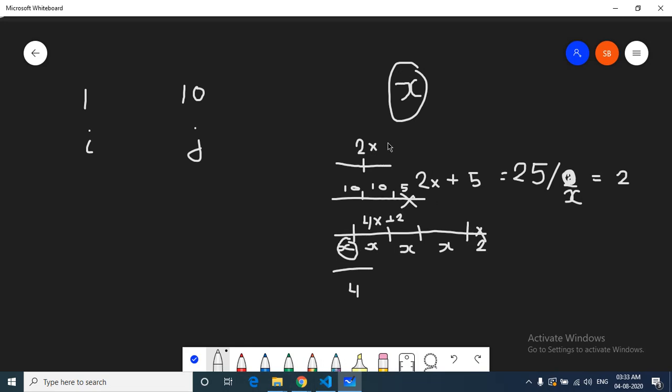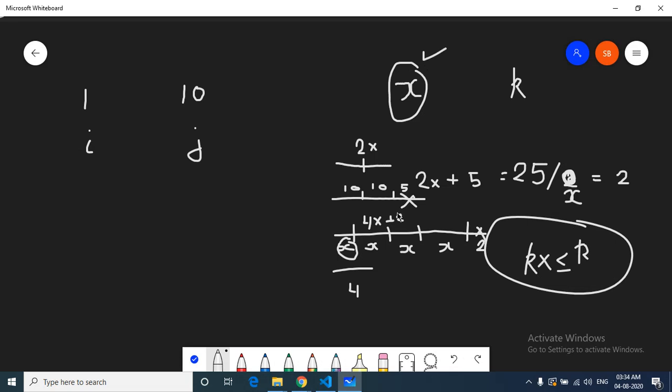If the number of cuts after all this is, let's assume, equal to kx, and the total maximum cuts you can do is equal to k. If kx is less than or equal to k, then this configuration, if we choose x, is possible. Else you cannot take this x as the answer because it is requiring more cuts. So if it requires more cuts than we have, then this configuration, or this x, is impossible.